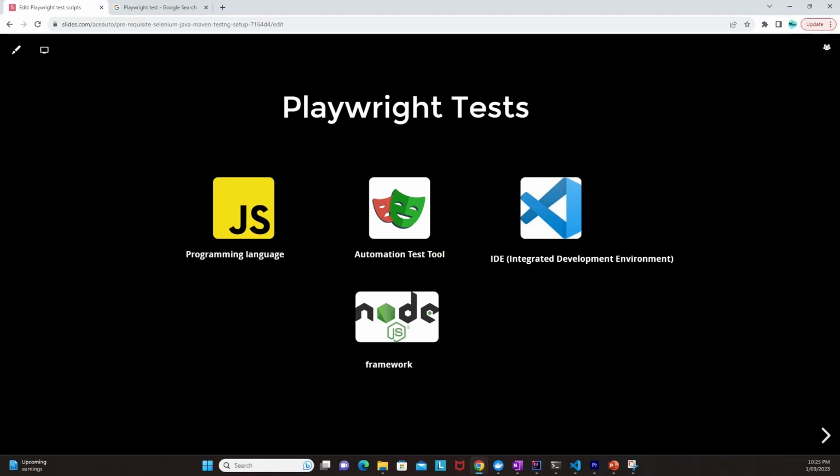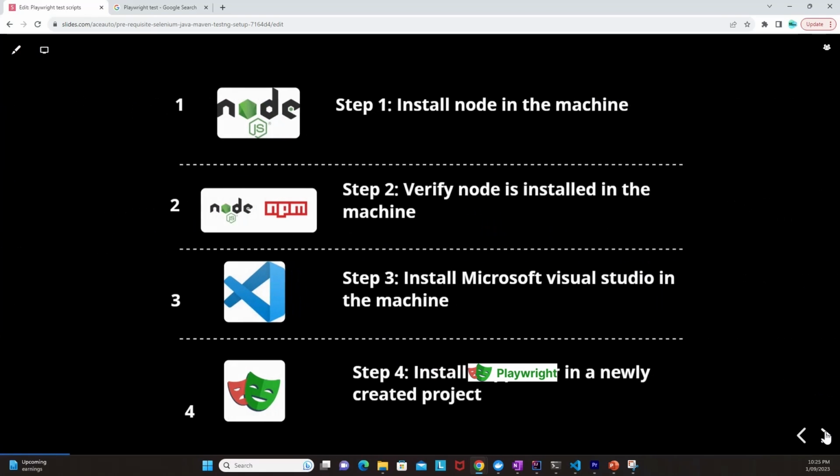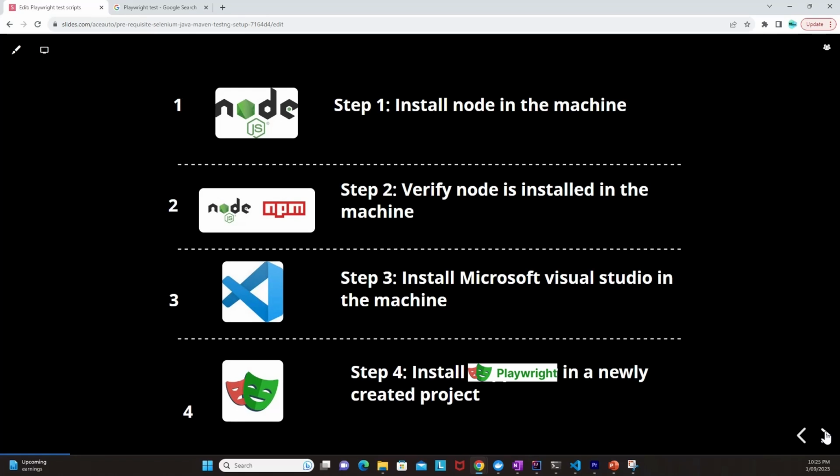Hi everyone. So in this video we'll be looking at the Playwright tests, and we'll be using the programming language JavaScript, the automation test tool Playwright, the IDE, that is integrated development environment, as Microsoft Visual Studio, and Node.js as our framework. Now what I have done is I have created a step-by-step approach where we'll be looking at the step number